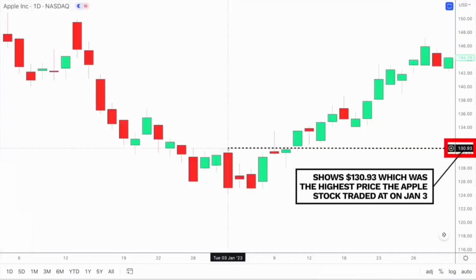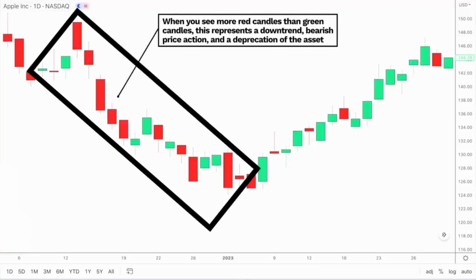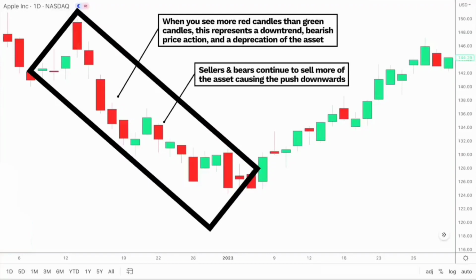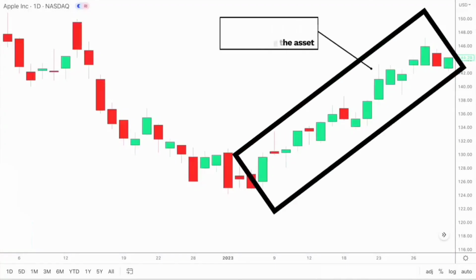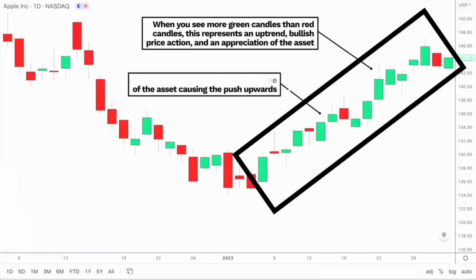So if you see more red candles than green candles, this represents a downtrend in price action and the depreciation of the asset, as sellers and bears continue to sell more of the asset, causing the push downwards. When you see more green candles than red candles, this represents an uptrend and bullish price action, and the appreciation of the asset, as buyers and bulls continue to buy more of the asset, causing the push